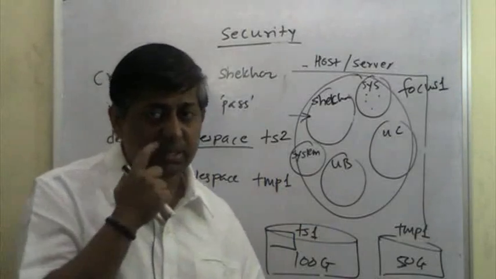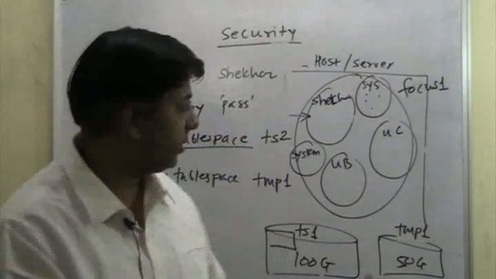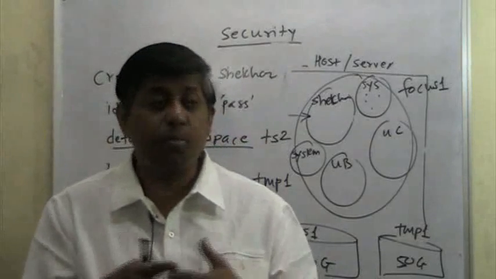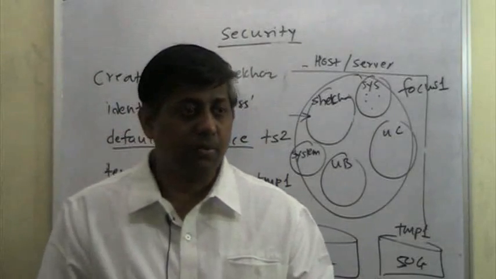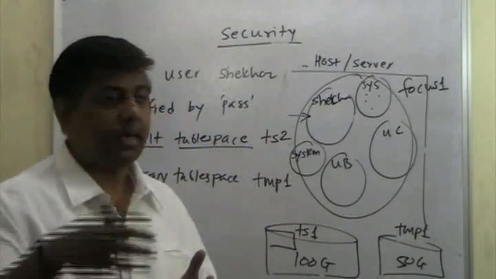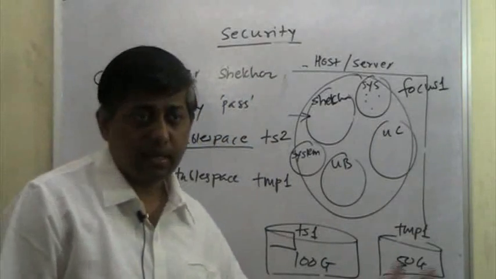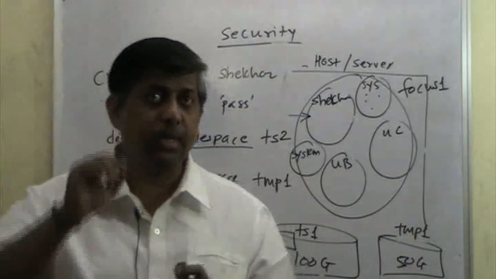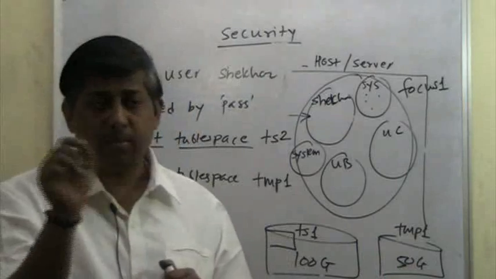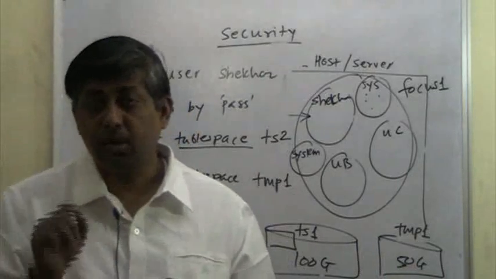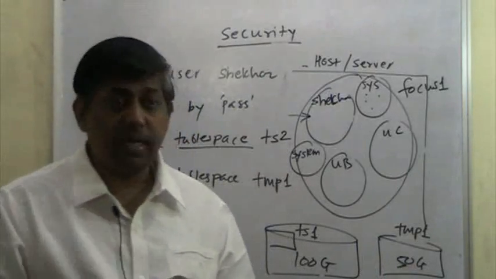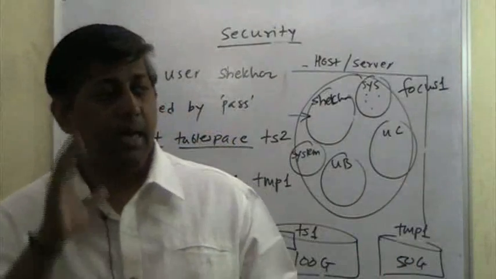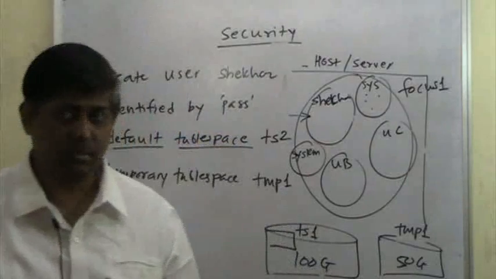So temporary table space has many purposes. One of the purposes that I explained to you: anytime there is a complicated operation, in this case a join of two tables, a temporary table could get created and it is stored inside this. Another reason for creating a temporary table space is sorting. When we type a command select from some table, and finally we say order by employee ID, and the employee table is very huge, with around 4 million employees to be sorted,